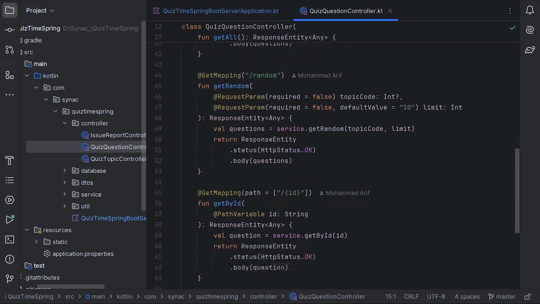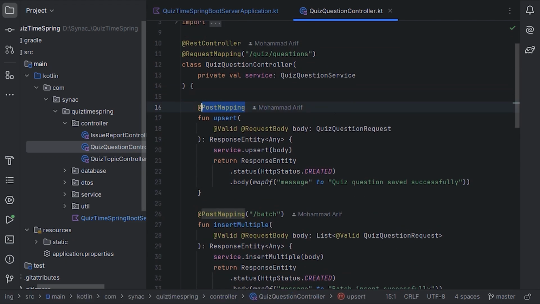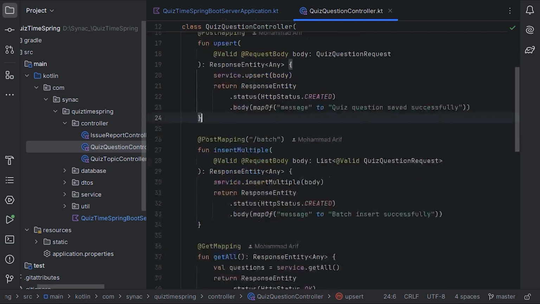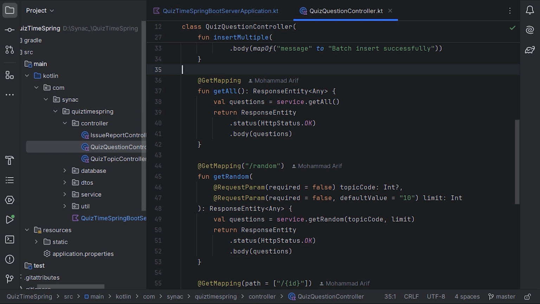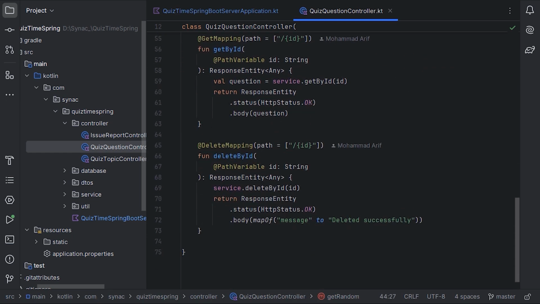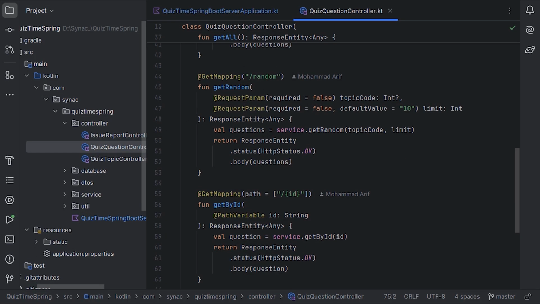Each HTTP method has a specific annotation in Spring Boot. First, we have post mapping. It is used for post request, typically for creating or updating data. Next, we have get mapping. It handles get request, which is used to fetch data. And then we have delete mapping. It handles delete request for deleting the data. Other than these, we also have annotations for put and patch methods. You can also customize the path with each of these, like we have done in random and here in the